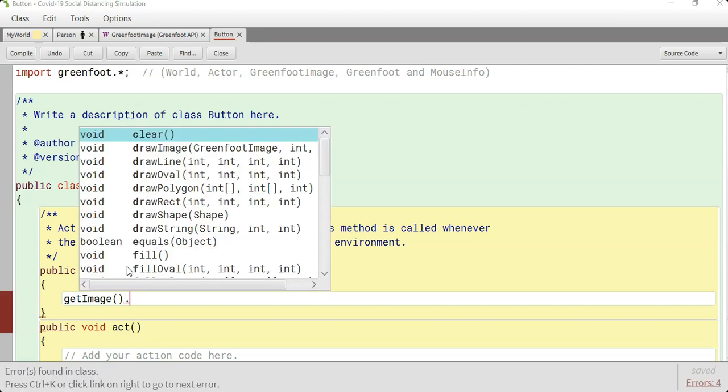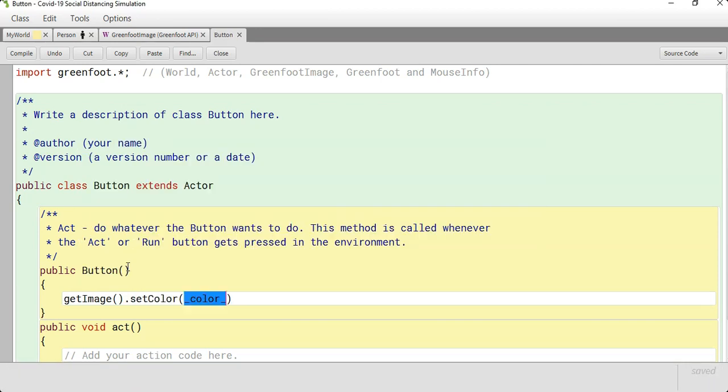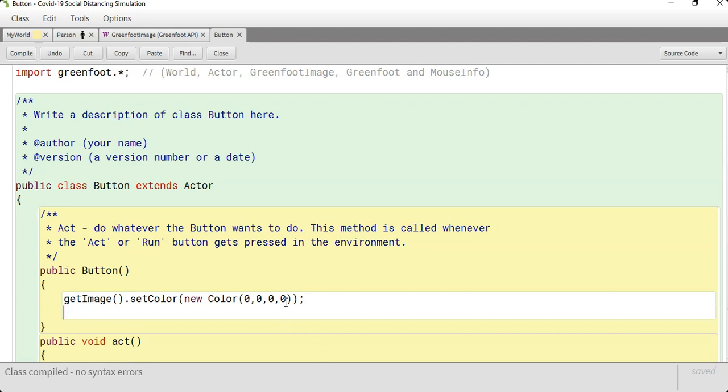We're going to get the image and we are going to actually set a color, and it's going to be a new color that's just transparent. So we're going to have 0 R, 0 G, 0 B, and 0 for the transparency. Those are the four different parts of colors. You can also just have an RGB value and not have the transparency, but that transparency has to be 0 if you want it to be invisible, if you will. And so what we're going to do with that blank color is we are going to set this image,